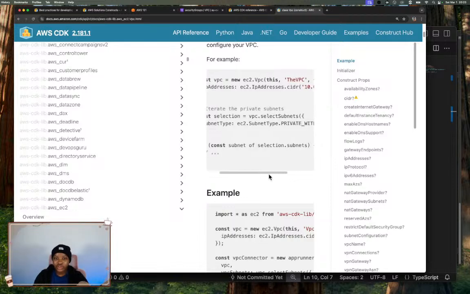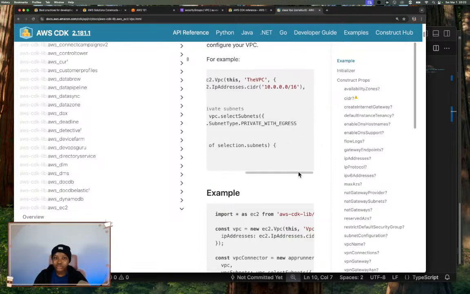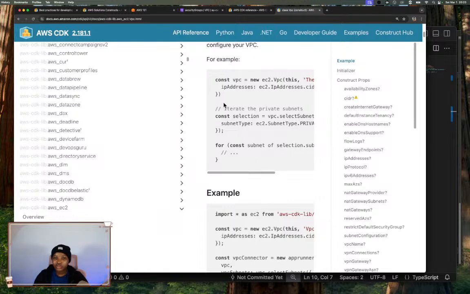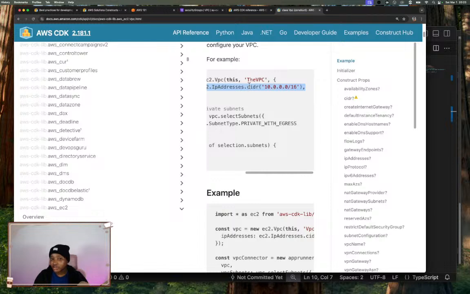From the examples, you can see, oh, the props that they had in the example is the IP addresses, which is the CIDR block range. So this CIDR block, there's a way it's calculated. I'm not sure this is the right class to give it, but it's basically a calculation of how many IP addresses and which IP addresses are we provisioning ahead, are we making available for this virtual private cloud,